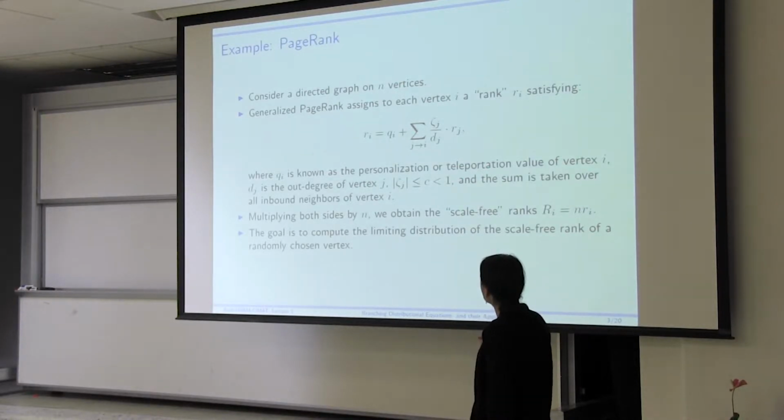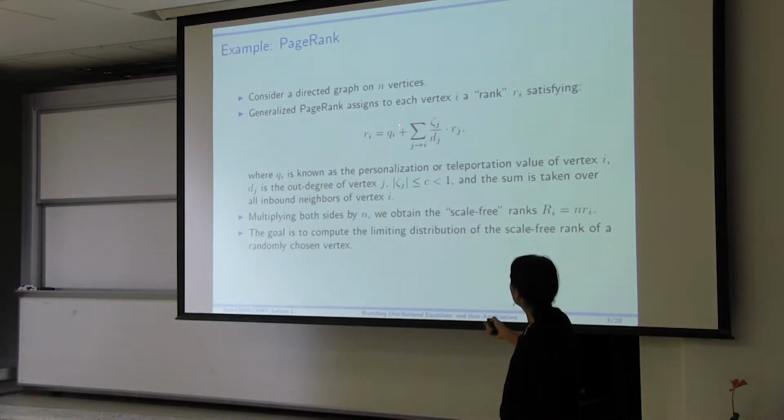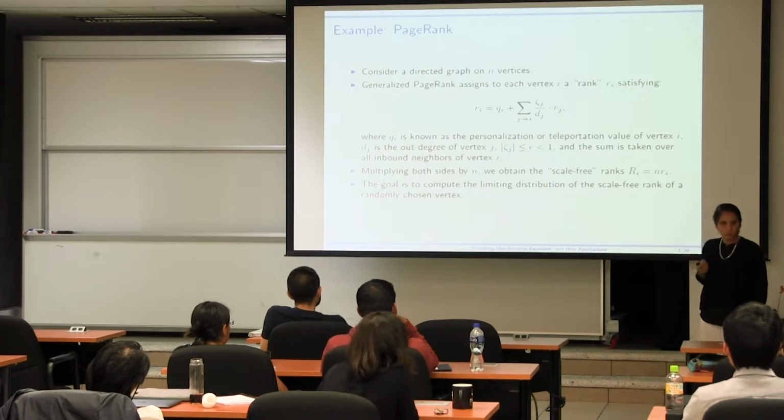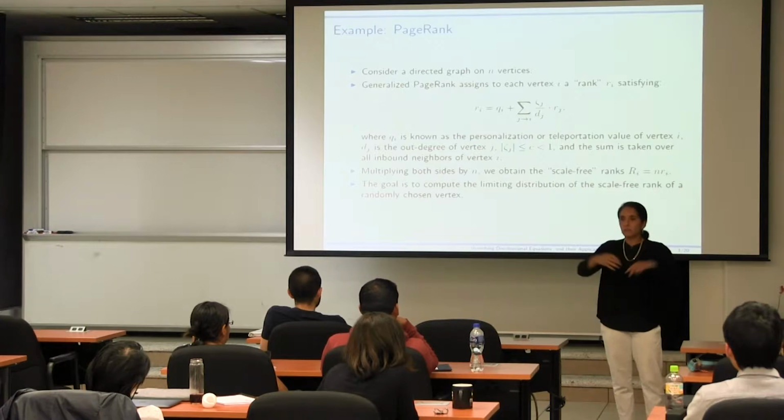I'm going to solve a system of linear equations that basically says that the rank or PageRank of page i is going to be something we call the personalization value. These Q's usually are a probability distribution function. I'll explain that in a minute. Of a weighted sum, these are weights, 1 over d_j, of the ranks of the neighbors. The sum is taken over all the neighbors pointing to that particular web page i. What are these weights? This d_j in the most standard form of PageRank is basically what we call the out-degree. It's the number of pages pointing out.